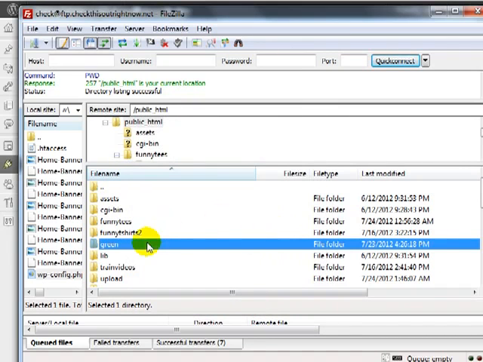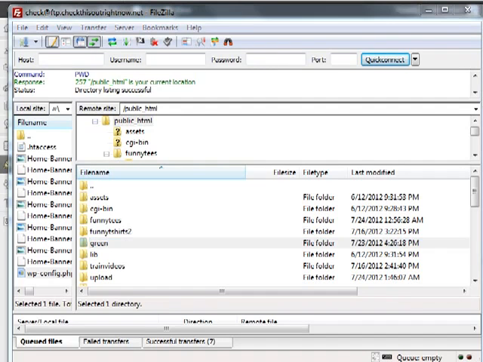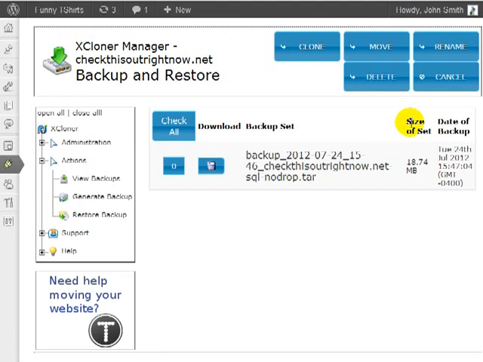And you can always change it back so that you can cover your tracks. After you have done this, you can go back to the browser and we can begin the restoration process of the previous backup. So I'm going to click on View Backups and you're going to select the backup that you want to clone. Click on Clone